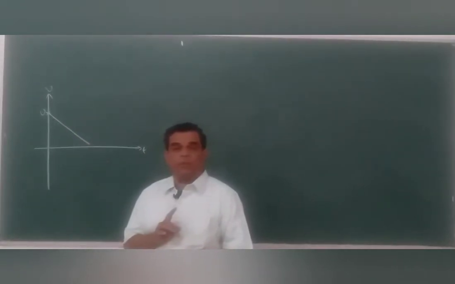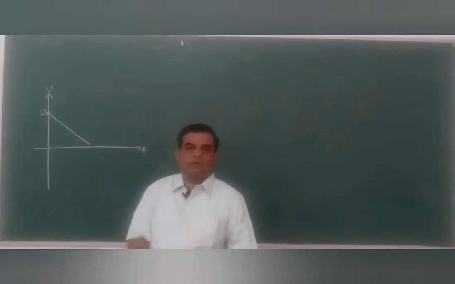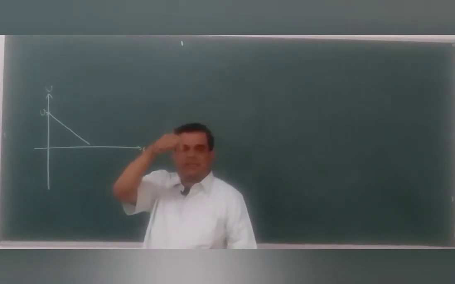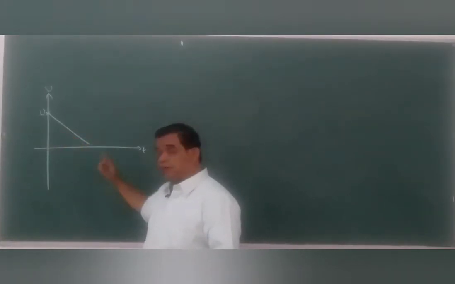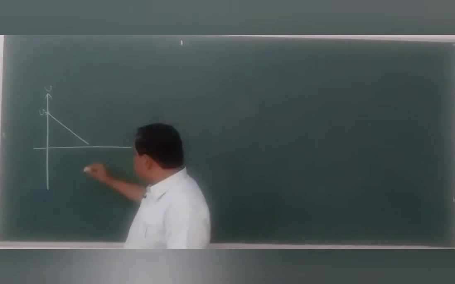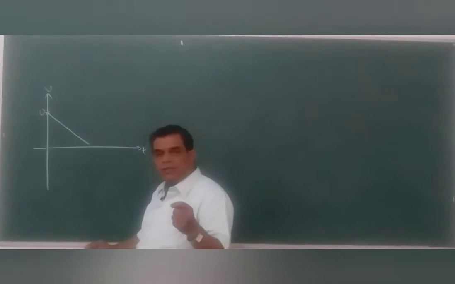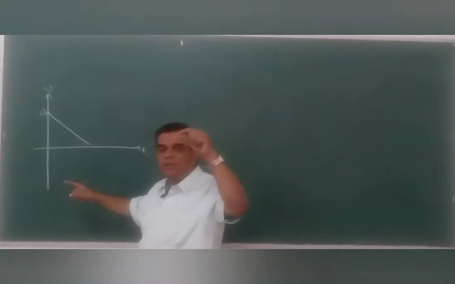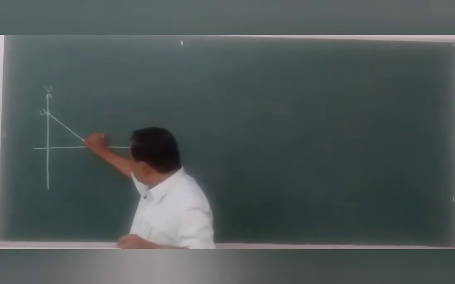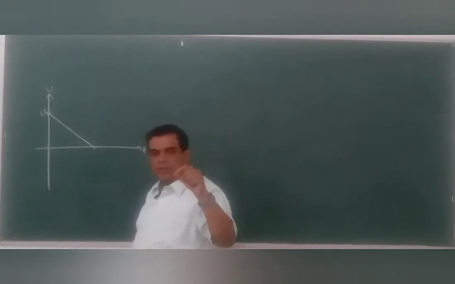That is with a negative slope. Why negative slope? Acceleration is opposite to the velocity direction, because velocity is upward when we throw it up, but the acceleration due to gravity acts downward. That's why it has a negative slope. So think of it as coming down like this. Next, once it reaches the top, what will be the shape of the curve at this point? At the topmost point, the velocity becomes 0. Therefore, this point is the topmost point where the velocity becomes 0.